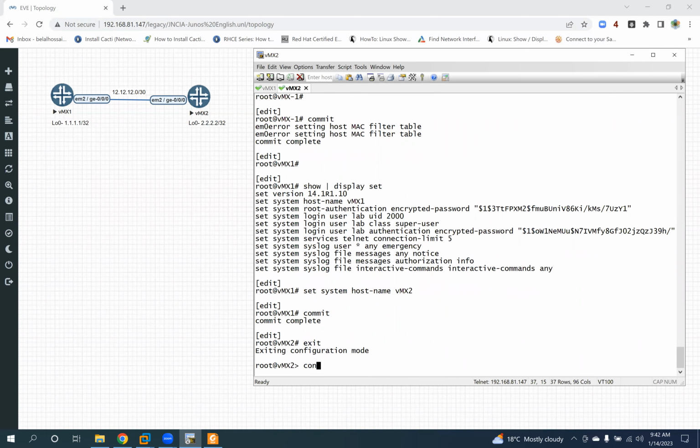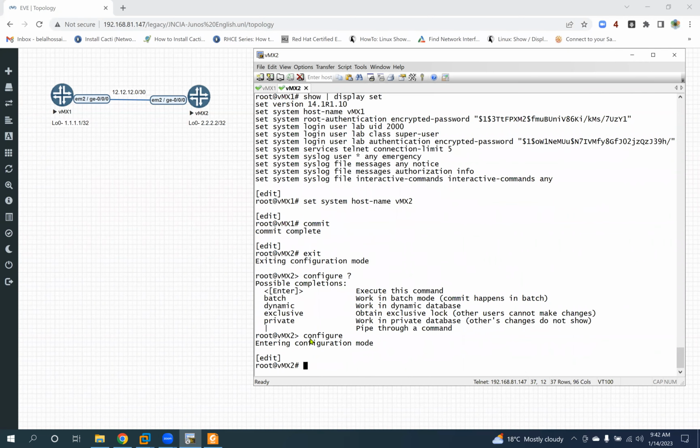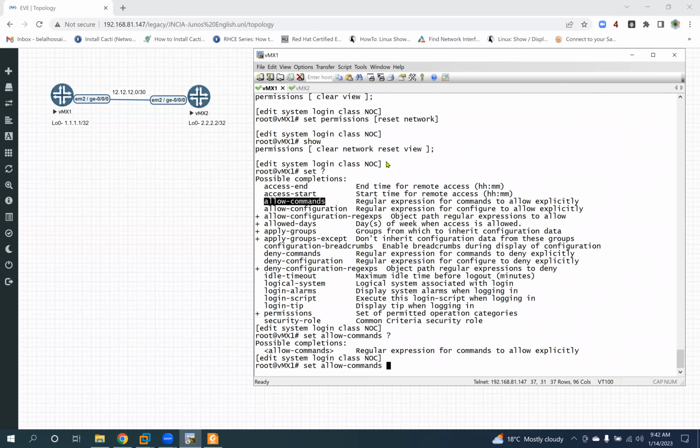Exit, configure. If we place here only configure, what will happen? It will allow only configure. Then press enter, I'm in configuration mode. So place here allow commands,